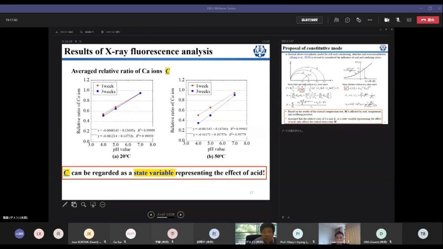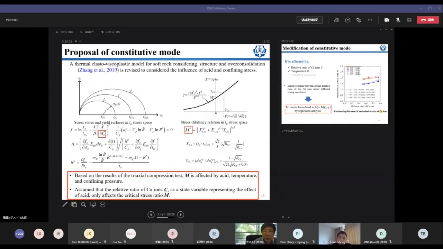And then we can see some calcium ion distributions with regression analysis. You can see they are all linearly distributed with the distance. So it's quite easy for us to do some regression analysis. And then you can see the proposal of the constitutive model comes here, a serious question, because this is a so-called